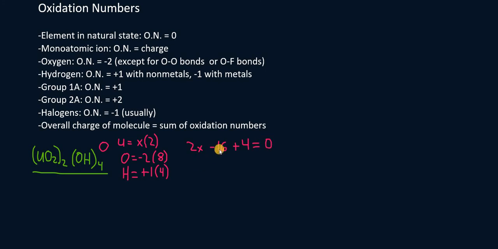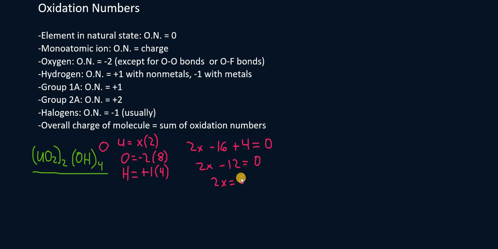So -16 plus 4 is -12. So 2x minus 12 equals 0. Add the 12 to the other side. 2x equals,